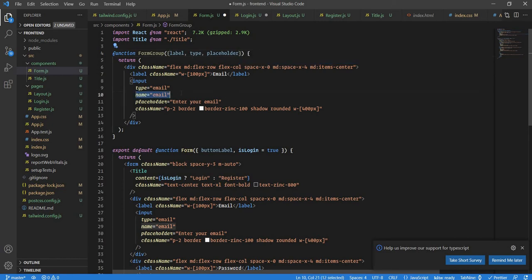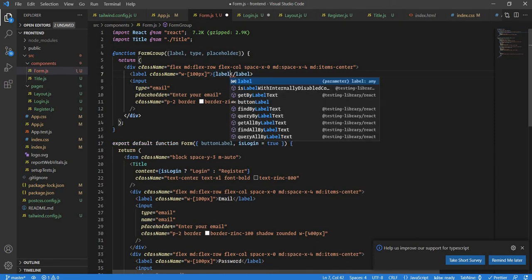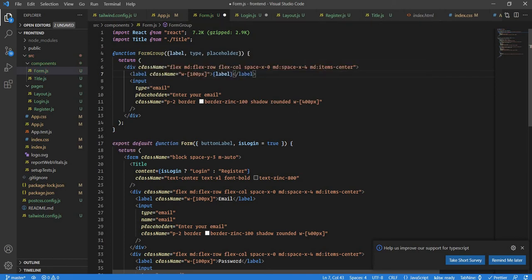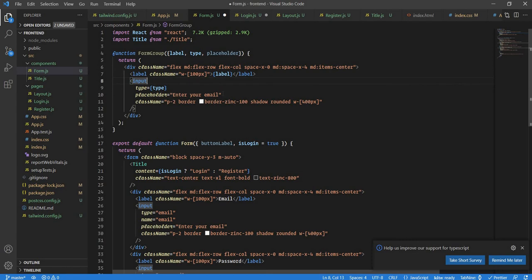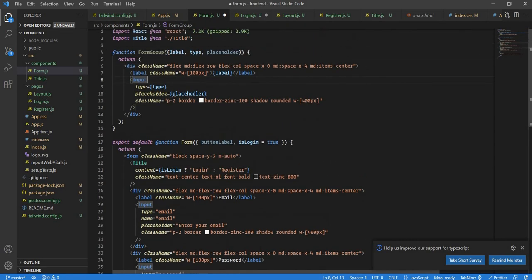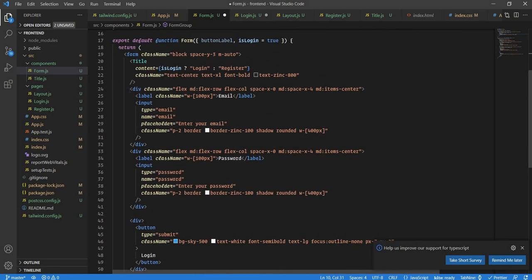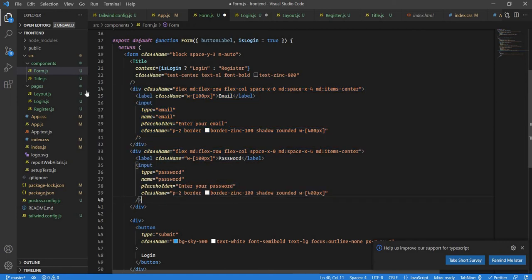So name, we could remove it for now. Let's go back over here and write label, and here it will be type instead of email, and here it will be placeholder. Okay, now what we will do is we will just remove these form groups from here,